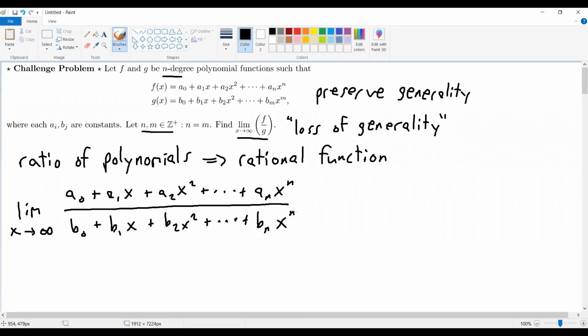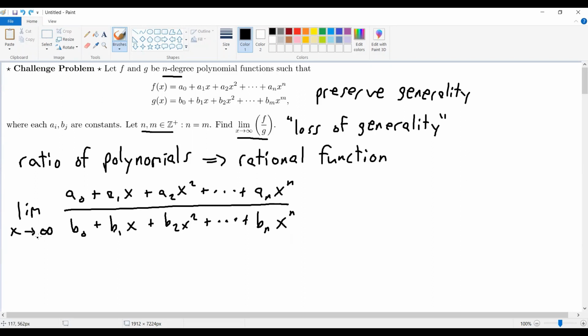And now in both the numerator and the denominator, we have the same degree. So we might not have the same number of terms, right? Because some of these constants could be the number 0. So there's nothing stopping us from setting like a2 equal to 0, for example. And so that would eliminate him. And it technically wouldn't be a unique term up there. But the degree is the same. The degree is n in both the numerator and the denominator. And so when we're taking this limit,